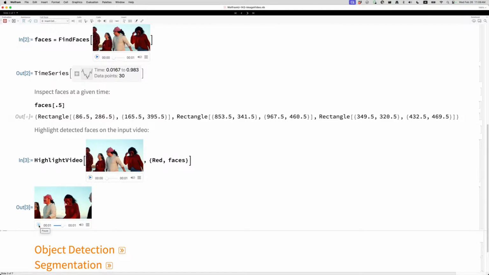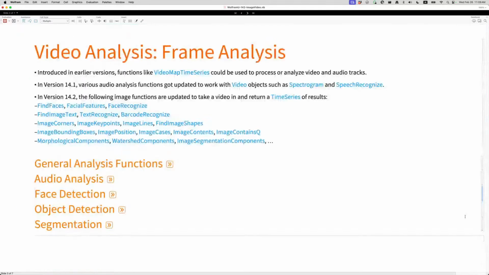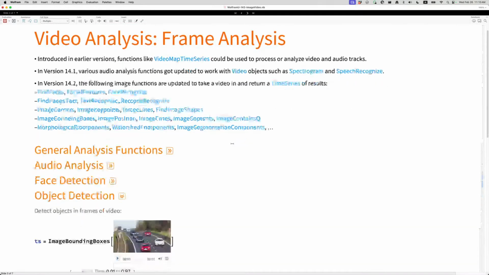So here we have FindFaces on videos. Now, similar to that, we could do object detection on videos. Again, ImageBoundingBoxes of a video of a bunch of cars, and a time series comes back. Then the time series could be analyzed to count the objects, for instance. Here I have a little snippet of code that takes all the values of the time series, gets the keys, then flattens that and counts that. So it says 25